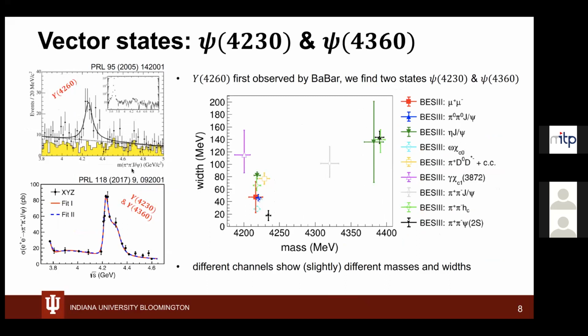And then they looked into the invariant mass of two charged pions and the J/psi and found this unexpected peak here. Now, what we can do is, instead of using initial state radiation, we can directly set the accelerator to specific energy points in that region, and you gather high statistic samples. And we've done that, and what we find is that what was once seen as this one broader peak here by BaBar is actually made up of two peaks, one that's slightly lower in mass and slightly more narrow, and then this higher mass shoulder here. And so over the years, we've studied these resonances, what are now called the Psi(4230) and the Psi(4360),